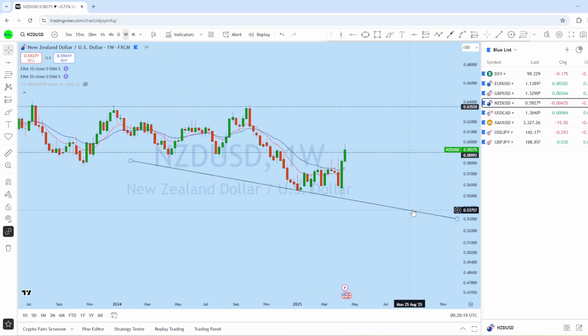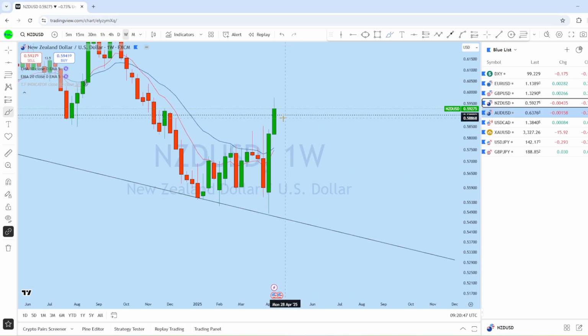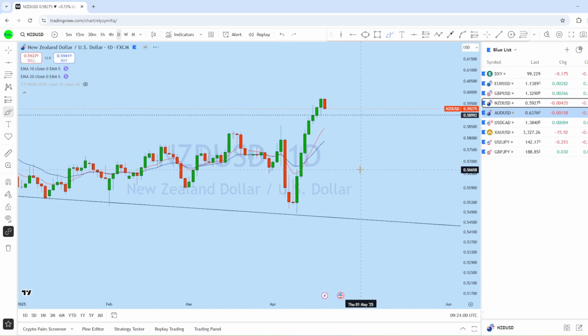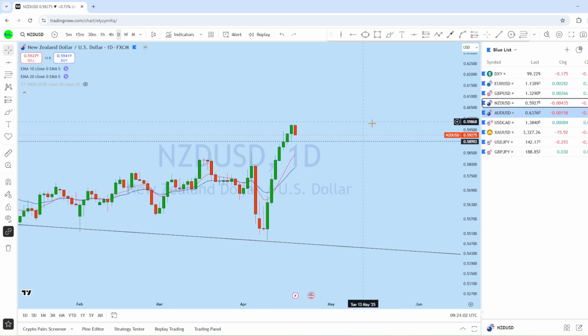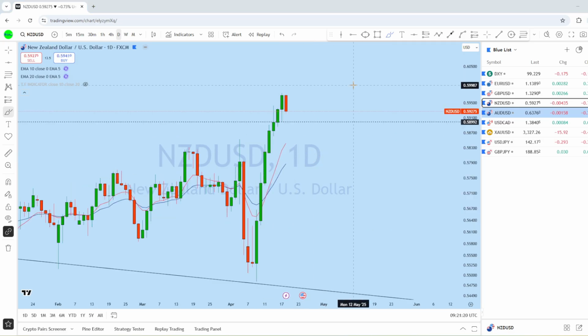Now if we look at the weekly perspective here, there's a weekly bullish engulfer, and with that bullish engulfer on this instrument, as you can see, this is the weekly close, which has closed with a bullish impulse, expecting NZDUSD potentially to come down for a pullback and then move back to the upside. Now looking at the daily chart on NZDUSD, we can see a big daily move followed by this pullback, expecting this instrument to drop further for a deeper pullback and then remain bullish for the long-term picture.